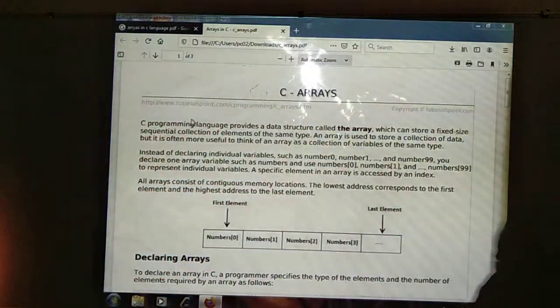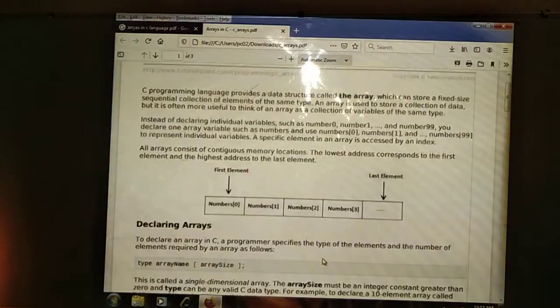Now we can see how to declare the array. Whenever we need to declare the array, how do we normally declare variables? First use the data type, then use the variable name, then we are going to be using the assignment operator to assign a value. Same procedure we need to follow. Only one difference is there. What is the difference? We can see one by one. First we need to declare the array. How to declare the array?